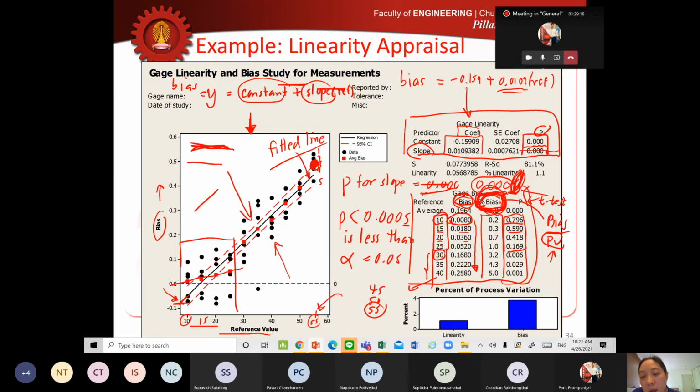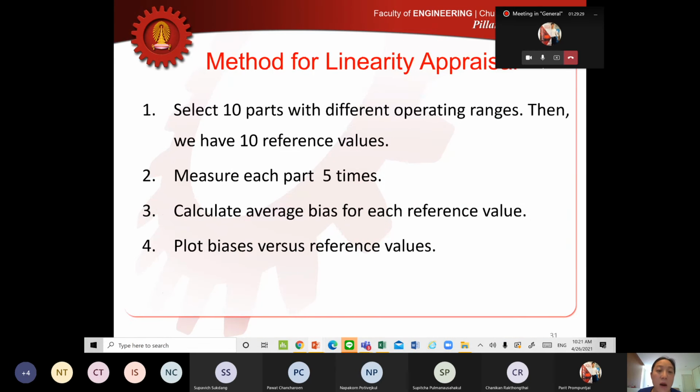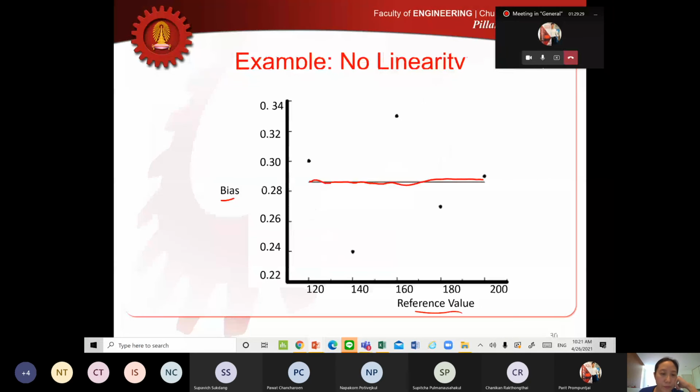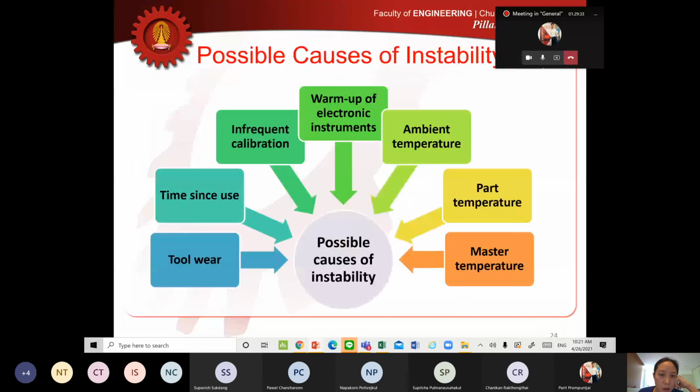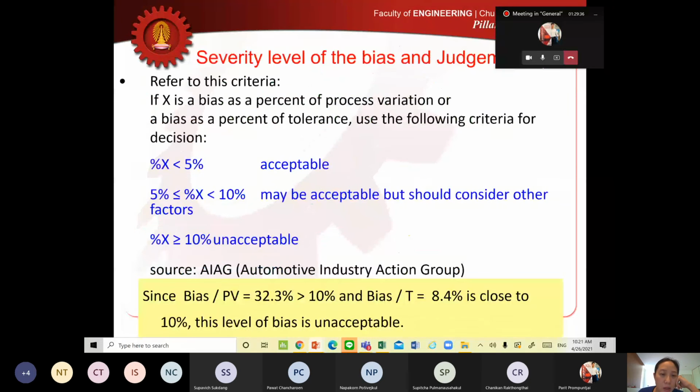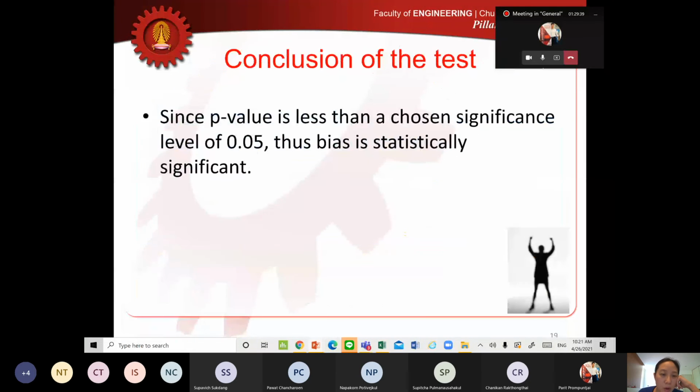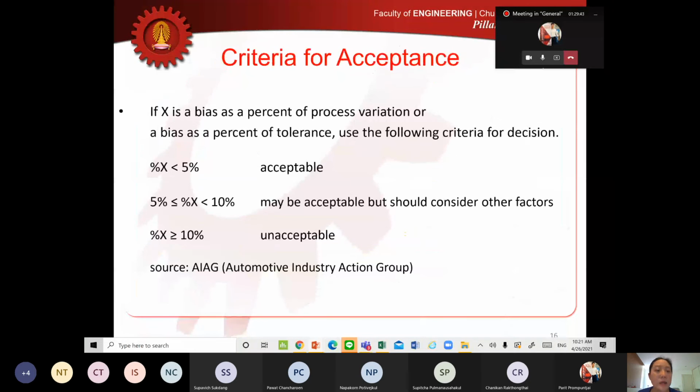Okay, and then when you take a look at this range, come back to the criteria again. If we use 5% to judge whether bias is acceptable or not, let's see, if we come back to the criteria, if we use 5%,